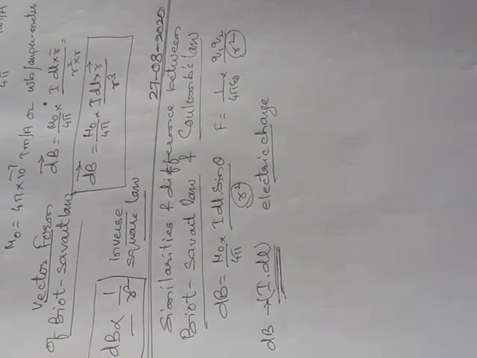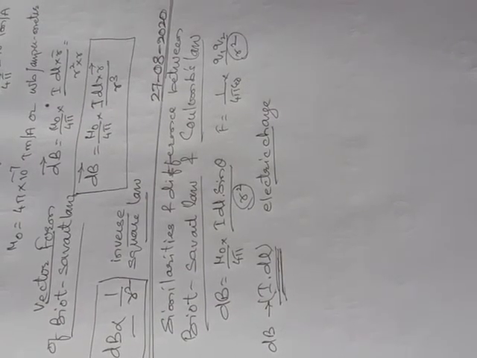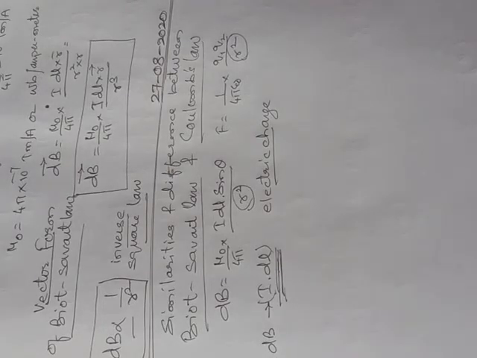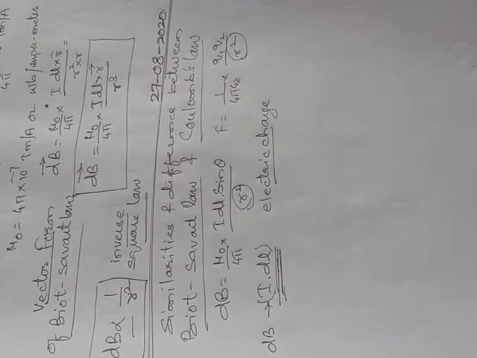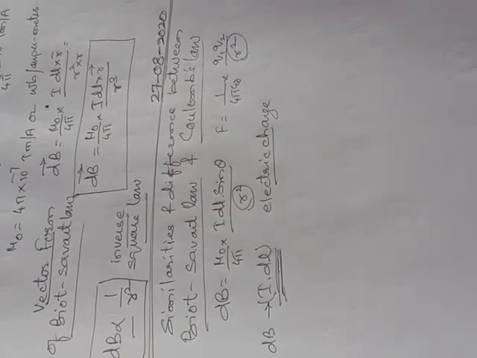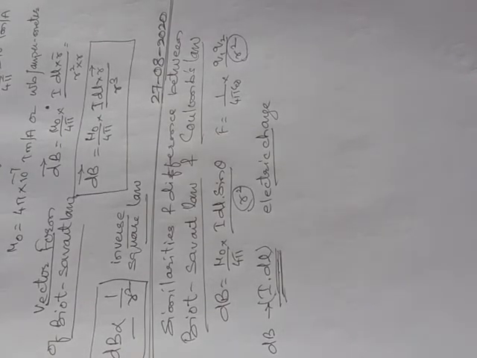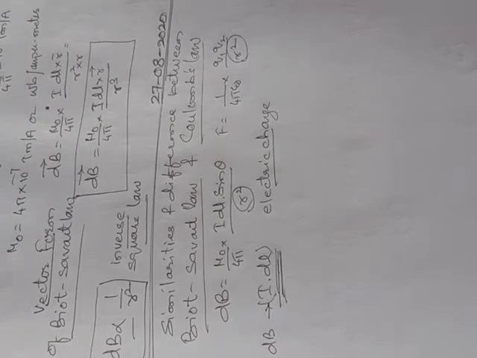Means if the angle made by the point where the magnetic field is calculated and the current element is 0 degree, then what will happen? The magnetic field will become 0. Okay, but if theta is 90 degree, perpendicular, then it will be maximum. But in case of the electrostatic field, this angle is not at all depending. इसका मतलब क्या है? इलेक्ट्रोस्टैटिक फील्ड जो है, कूलॉम्स लॉ जो है, वो थीटा के ऊपर डिपेंड नहीं करता है, एंगल के ऊपर डिपेंड नहीं करता है.